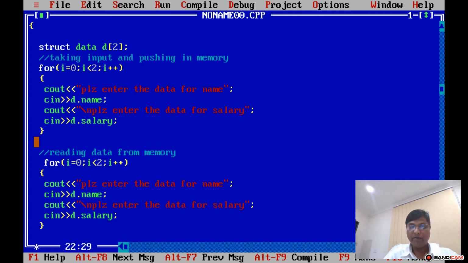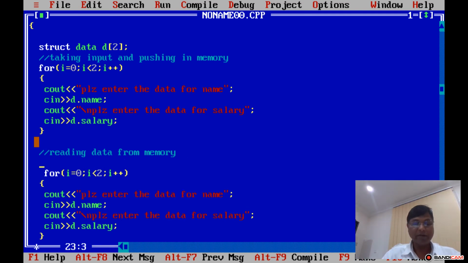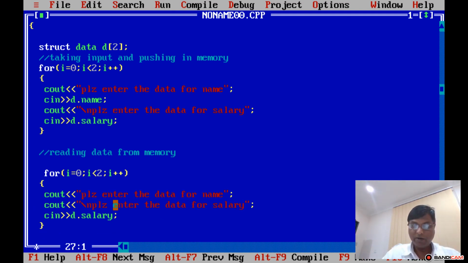Reading data from memory. This is a comment line, so it will not execute. This one I'm going to take input and just display. Here I want to just display the data, so there is no need of cin because I'm just displaying. So cout, I'll just push \n, so one by one data will be there, and then first is name equal to, and then I want to push it here,